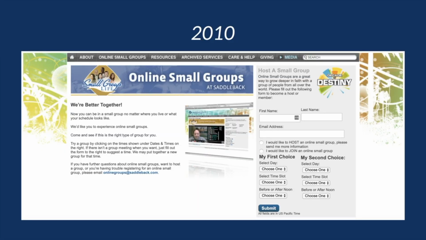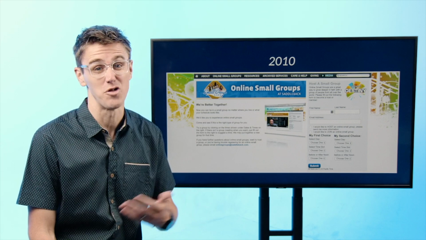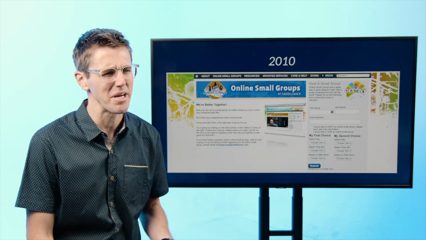A lot of things make sense now, mainly because the technology has gotten a lot easier. Things like texting and video calling, and platforms like Zoom that are really seamless. But in 2010, a lot of that didn't exist. There were things like Skype, but there were bandwidth issues. Things were confusing, and all sorts of problems occurred.